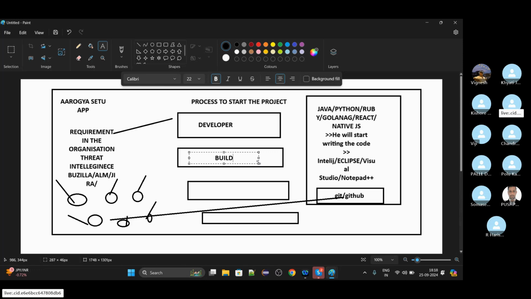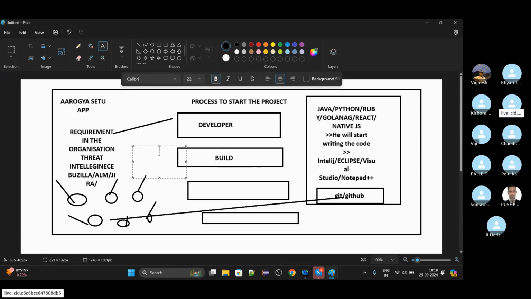Build part, what exactly does it mean? It means I now need a tool, a framework which can give me a form of application which I am going to use. For example, there are multiple frameworks for building code. Let's say one is Maven.